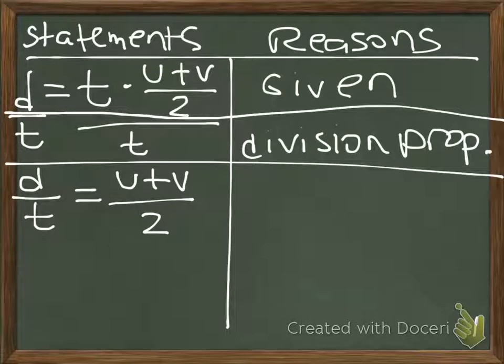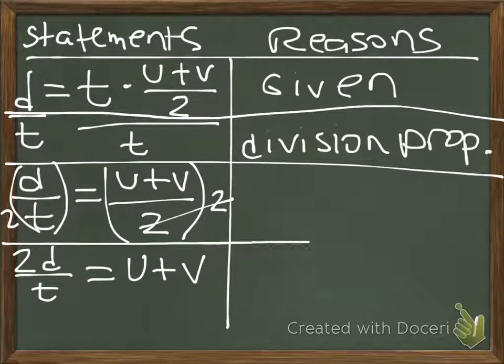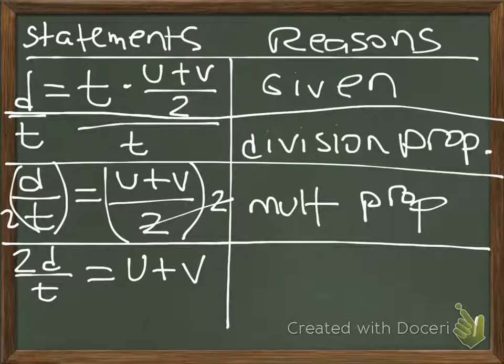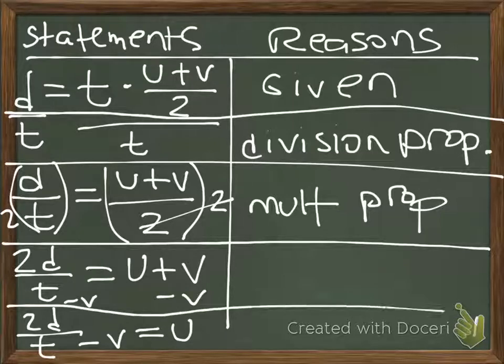Again, focusing on the u side, we're going to try to cancel out the 2 by multiplying. So now we have 2d over t equals u plus v. And we use the multiplication property of equality here. Now we just need to cancel out the v by subtracting. So we're going to subtract. And we get 2d over t minus v equals u. And we use the subtraction property